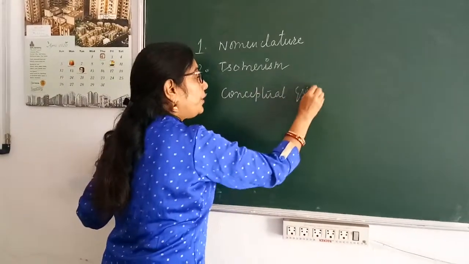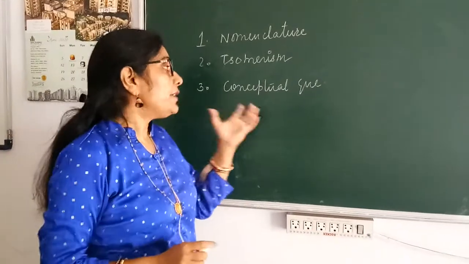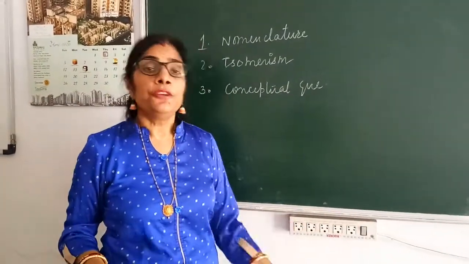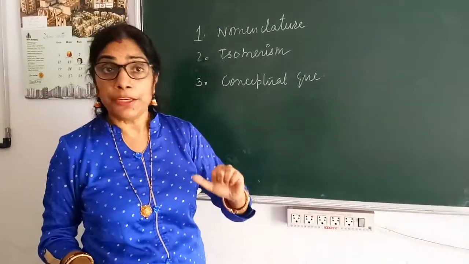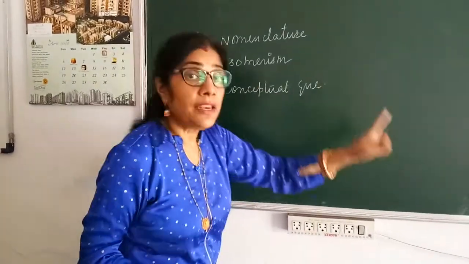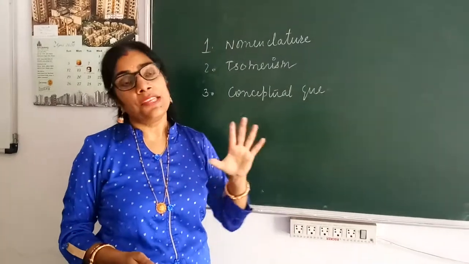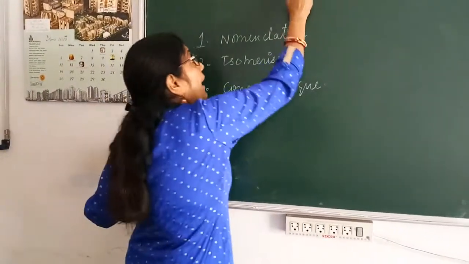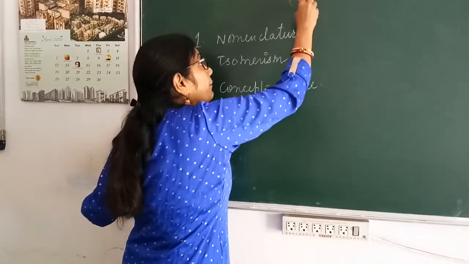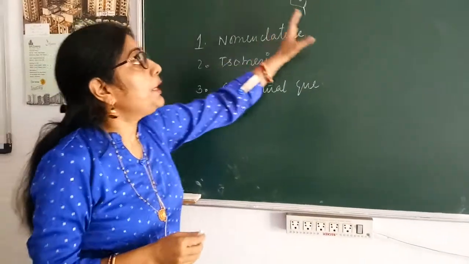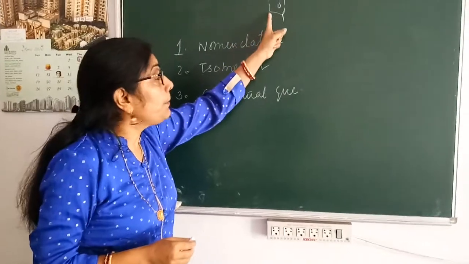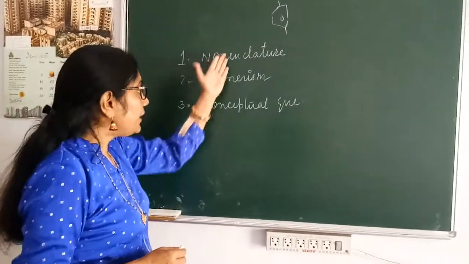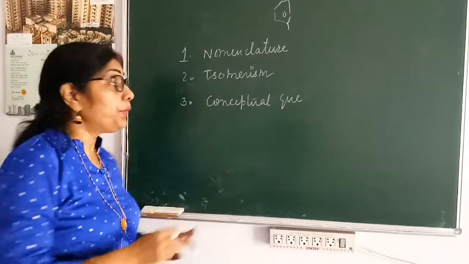As I told you during the lesson itself, suppose alkyl halides are polar yet insoluble in water due to absence of intermolecular hydrogen bonding. Aryl halides are less reactive due to resonance and partial double bond character, and so on. Why do para isomers have higher melting point as compared to ortho and meta? Due to symmetry, so that they can easily fit into the crystal lattice. So that is type 3, that is the conceptual question.